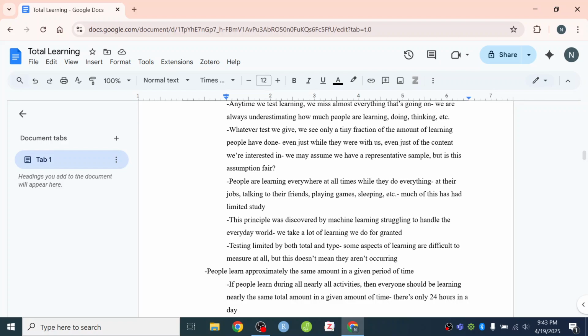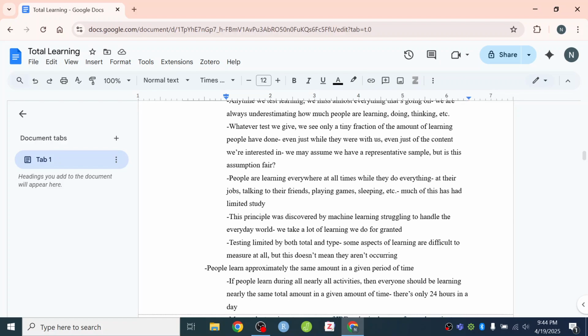biology today, but you went to the fairgrounds and you learned about the different machines that they have available and the different games they have available and the skills you need to win those games. You talked to your friends and learned about how their lives are going, their concerns, their plans. You learned a different kind of information, probably a very similar amount of information than the kid who went to school and learned about algebra. There's only 24 hours in a day. You probably learned a very similar amount to that kid who went to school and learned algebra. You just learned something different.